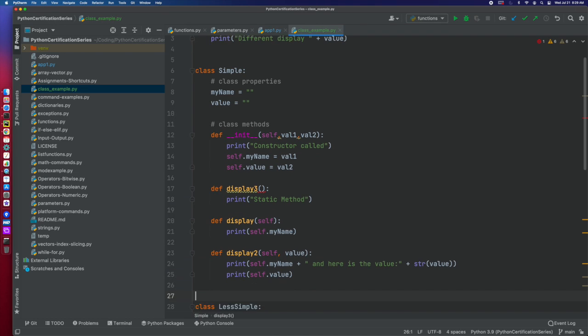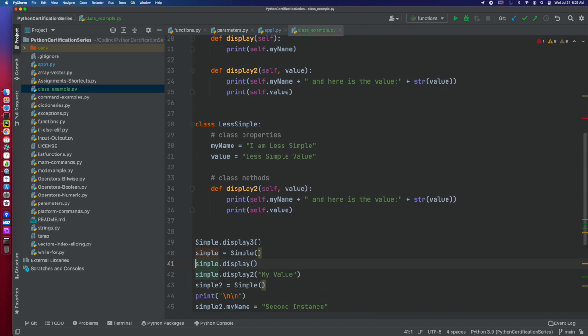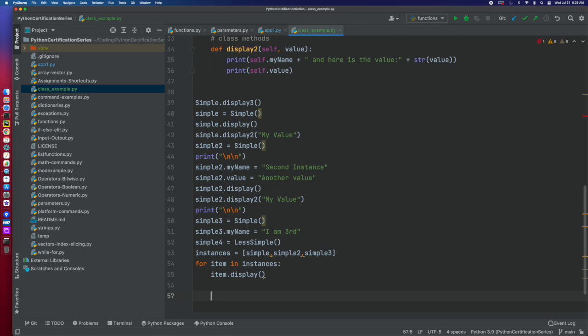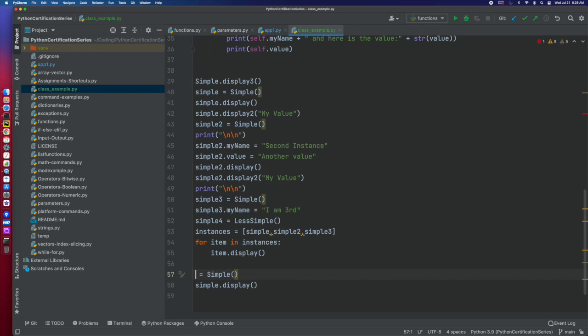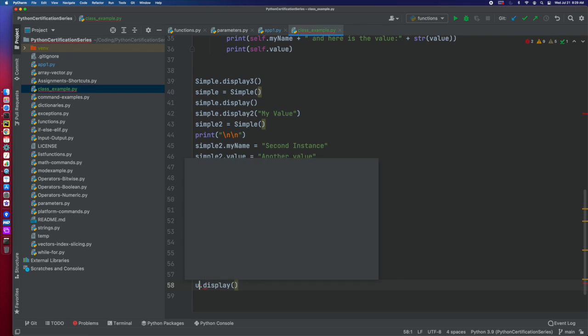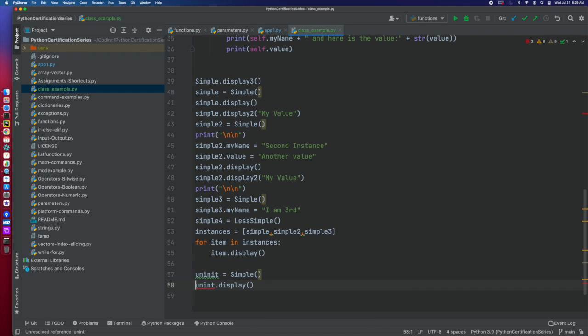So now this would be uninitialized. Let's do uninit equals that, and then display it. But now if I do initialized,